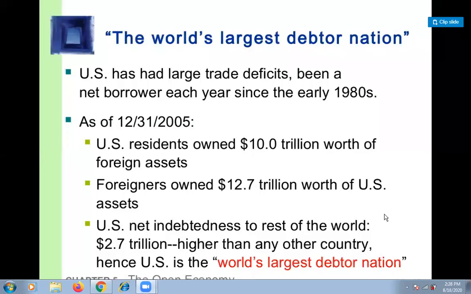Okay, and we see the example of the US in the 1980s. In the 1980s, I mean 1981 to 1989, this is the last. In this decade,